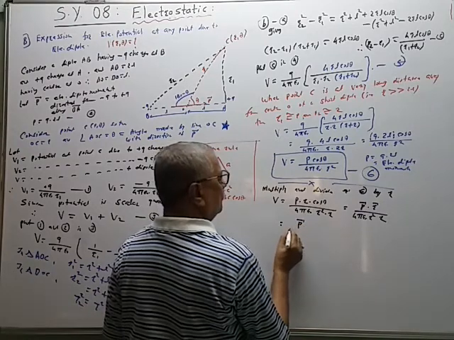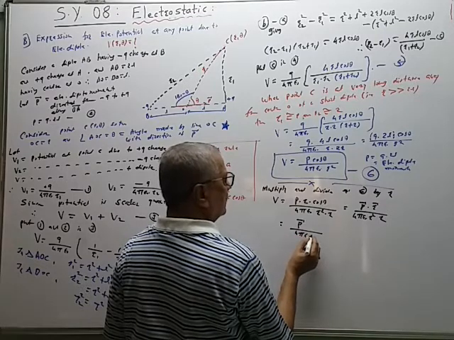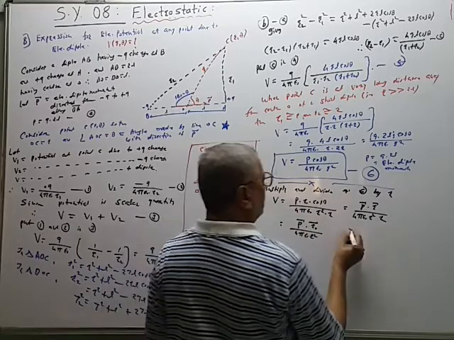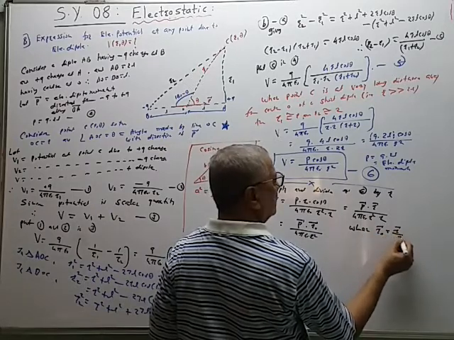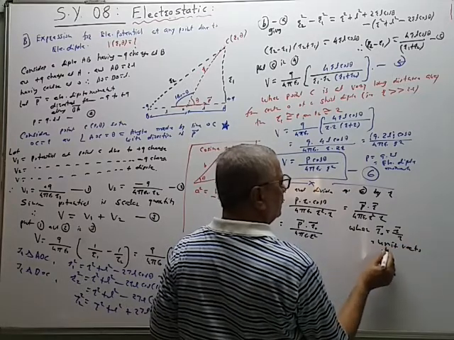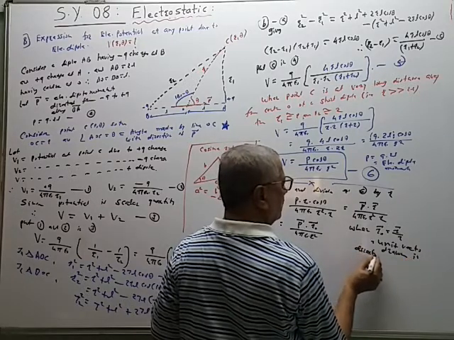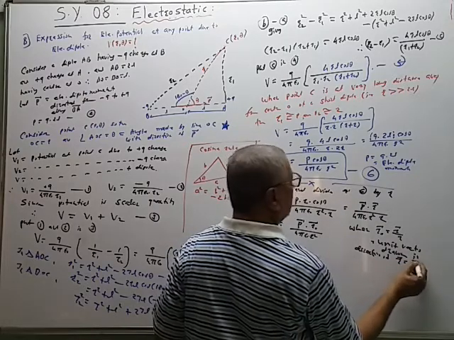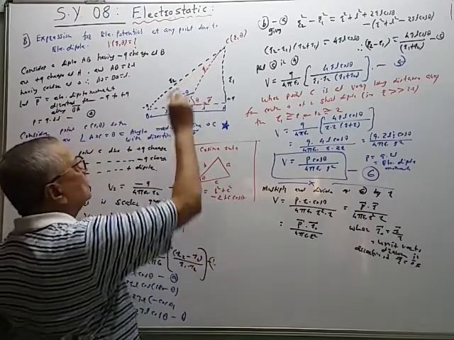V is equal to P upon 4 pi epsilon naught R square into R0 dot, where R0 is equal to R upon R, is a unit vector drawn in the direction of vector R, which is equal to vector OC. So in this figure, vector R is in the direction OC. So I will show here.